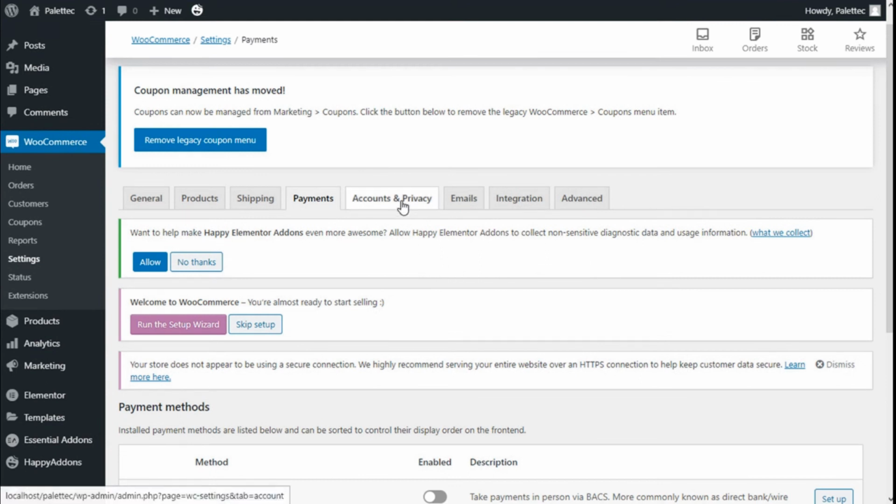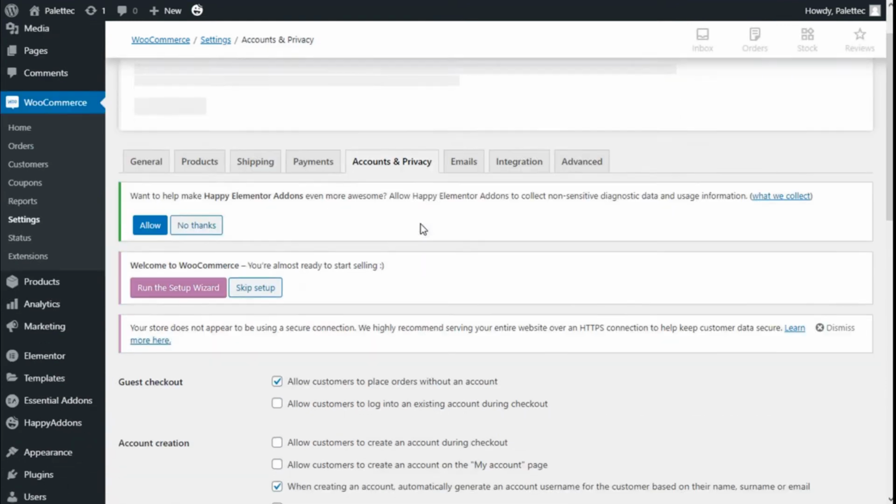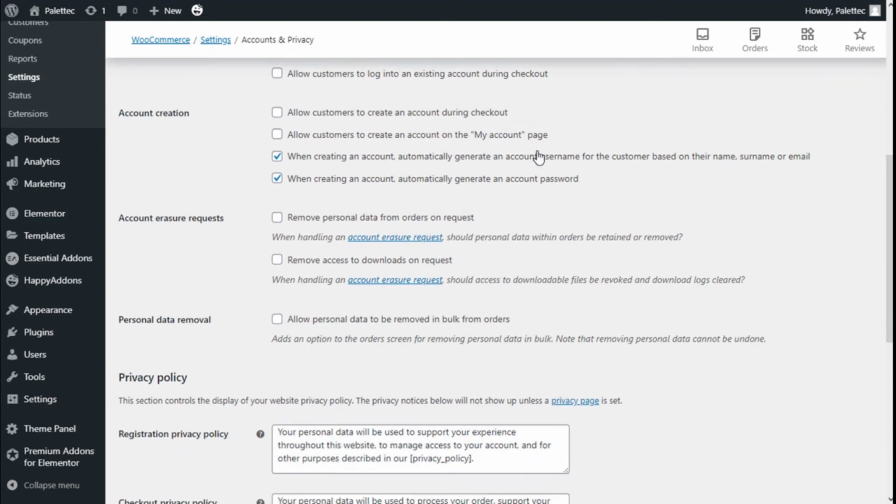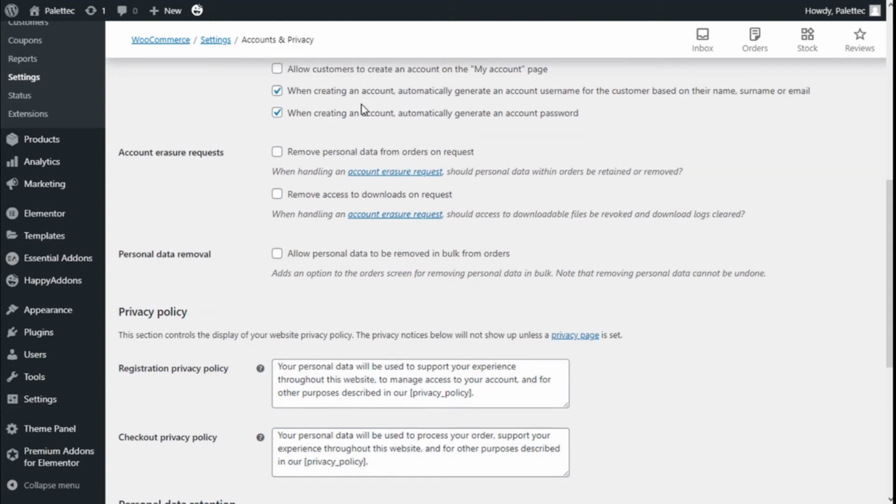So we are going to move to account and privacy. On guest checkout, we can allow customers to place orders without an account. We can allow customers to log into an existing account during checkout. For account creation, allow customers to create an account during checkout, allow customers to create an account on the My Account page, and when creating an account, automatically generate an account username for the customer based on their name,